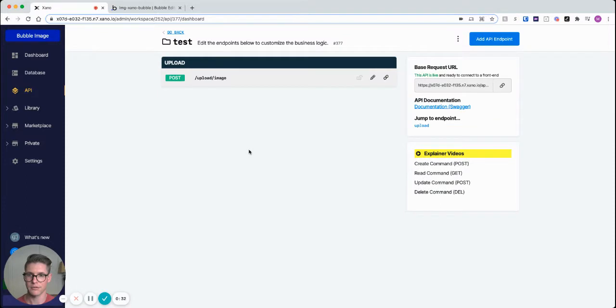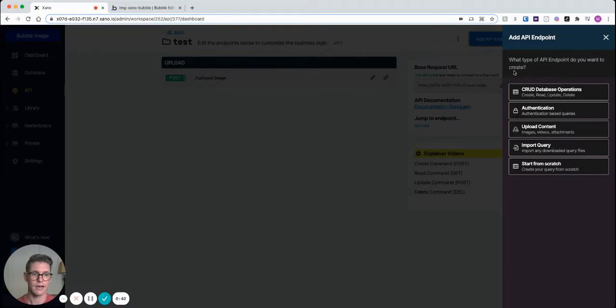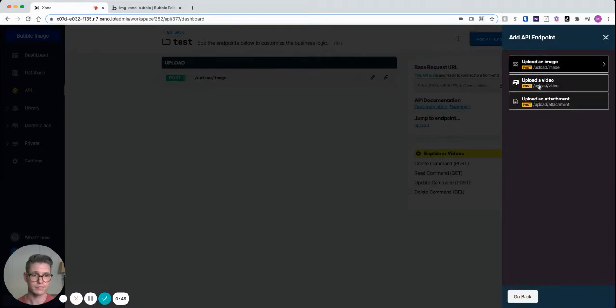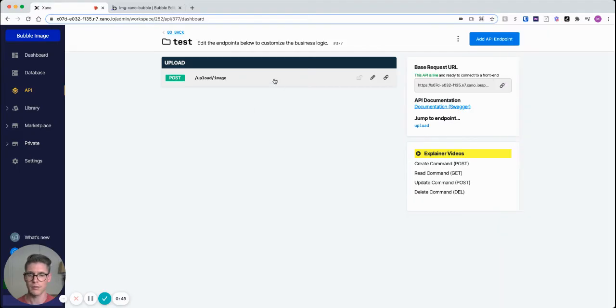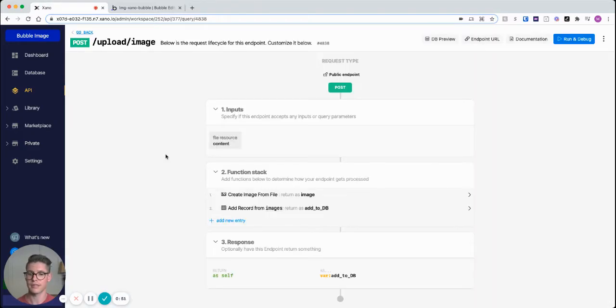And I made this API group here. Anytime you are uploading files in Xano, you want to use this nice little pre-built upload API endpoint. If you go to add an API endpoint and then upload content, you'll see we have it for image, video, and attachment. But I built one out here, and usually when you create that, it's just a one-liner, which is going to take the file resource or the content and create the file